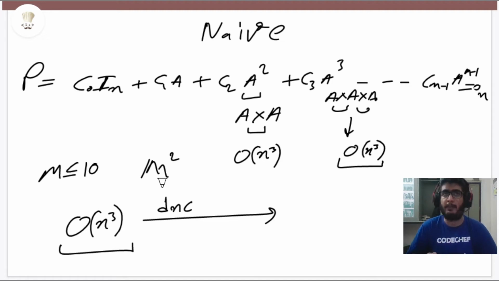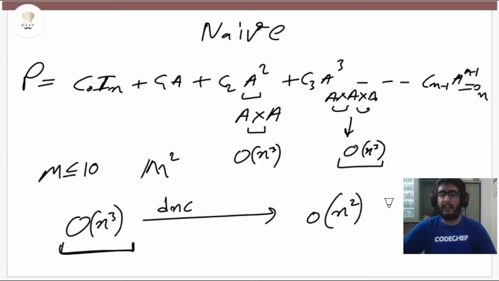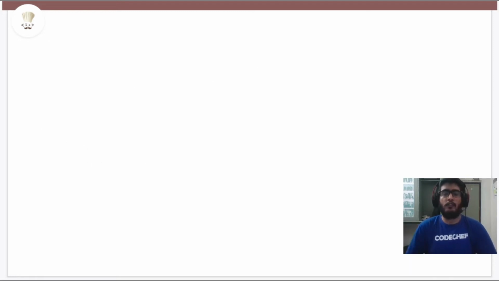You might use some algorithm from that research. You might be able to bring this complexity down, but you cannot bring it down too much below n square. Whatever time complexity you have is going to be greater than n square, or if you use a standard divide and conquer algorithm, then that time complexity would be big O of n to the power 2.78, which is not going to work. So the trick here is to use Freivalds' algorithm,